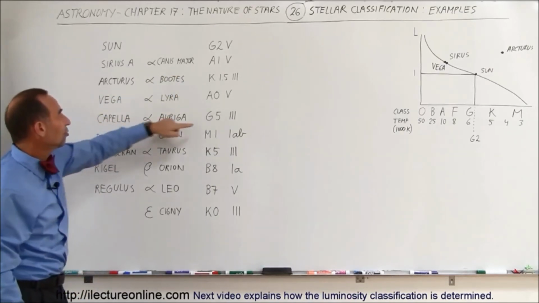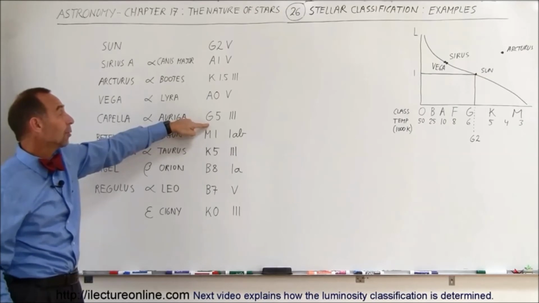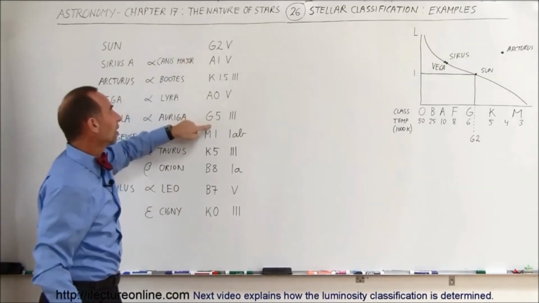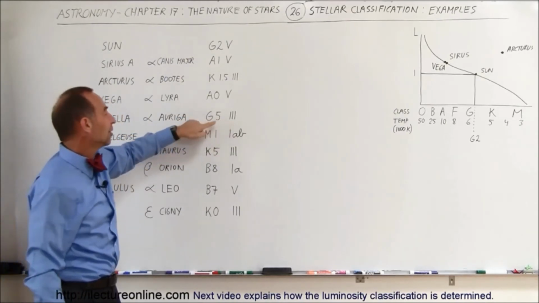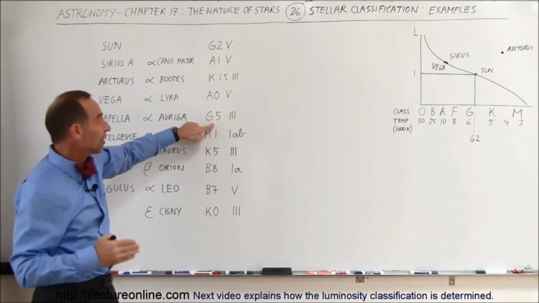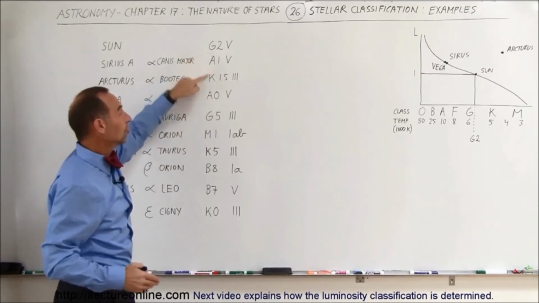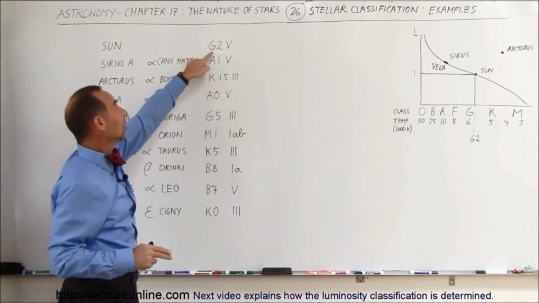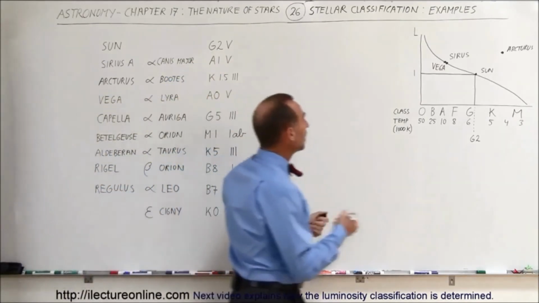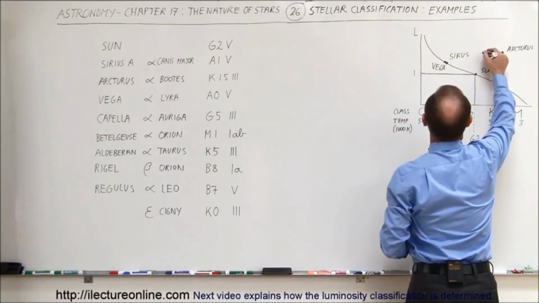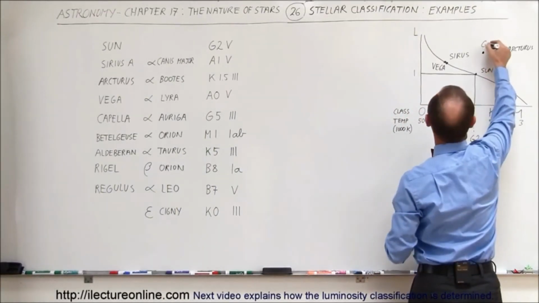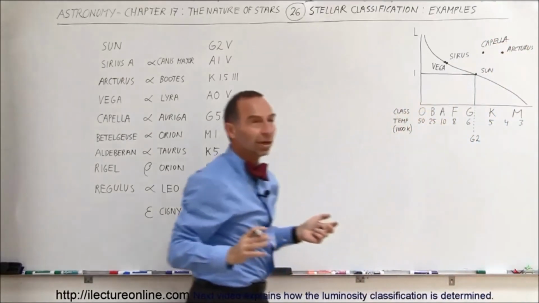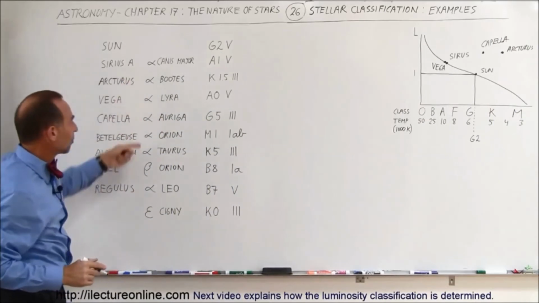Here Capella is a G5 class star. So the first thing you would say is, oh wait a minute, the type G5, that's very similar to the sun, until you see the luminosity class. Here you realize that color and surface temperature are probably very similar to the sun. However, the luminosity class indicates that it's a giant, and the sun is a main sequence star. So that means that it'll probably be somewhere in this region right there, and that would be for Capella. Capella is the brightest star in the constellation Auriga. So again, the alpha indicates that it's the brightest star in that particular